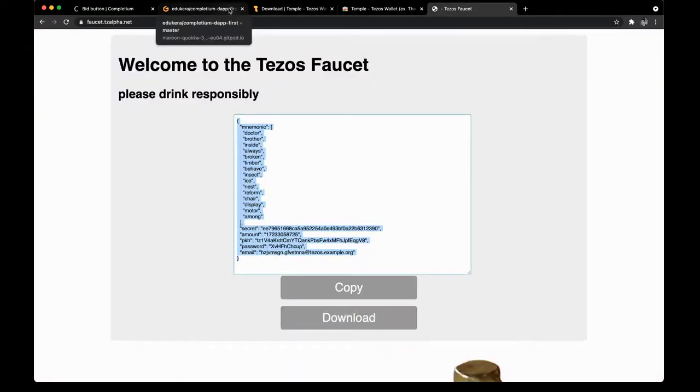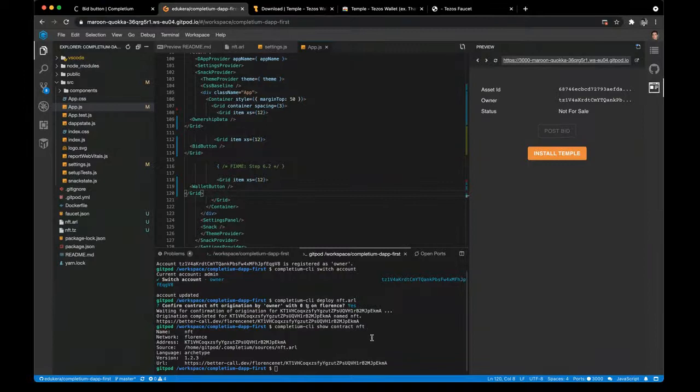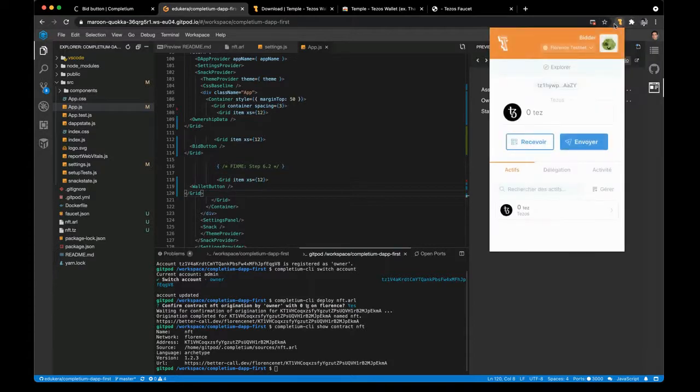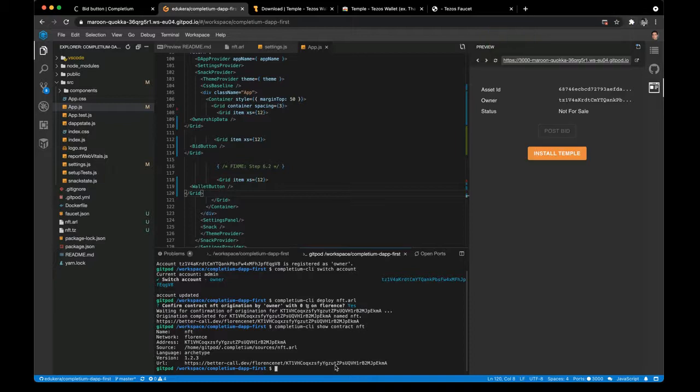So what we need to do now is to send some tags to this account. So let's show that. So we want this to have some tags, so the account owner will transfer some tags. So let's do Completium CLI transfer 10 tags